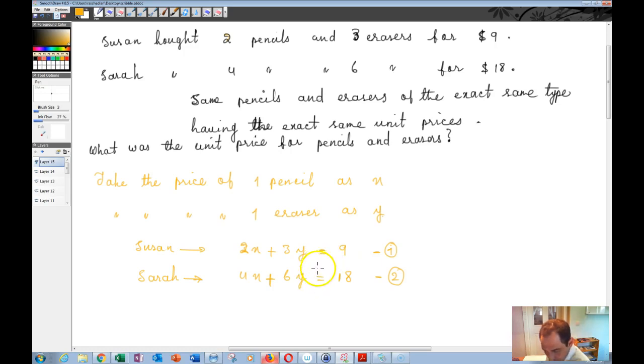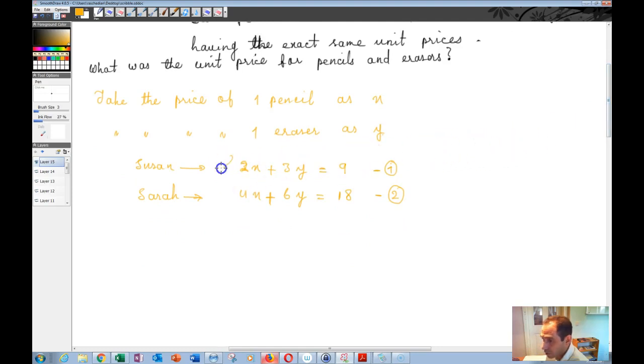So now that I have these two equations, I can call these two equations a pair of linear equations in 2 variables. And the way that I can solve them is that I can